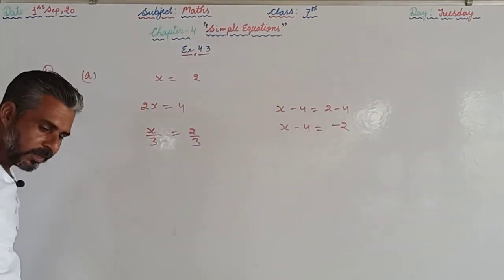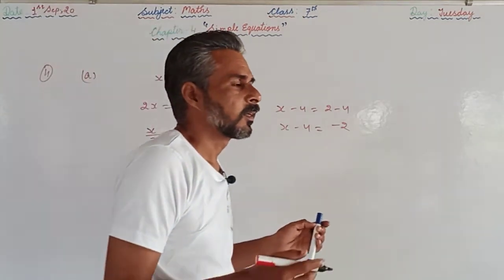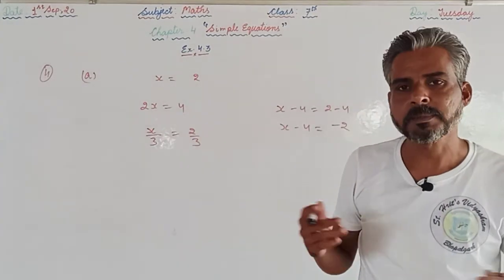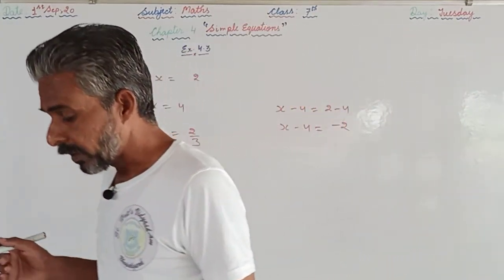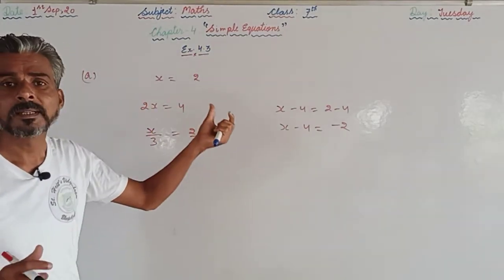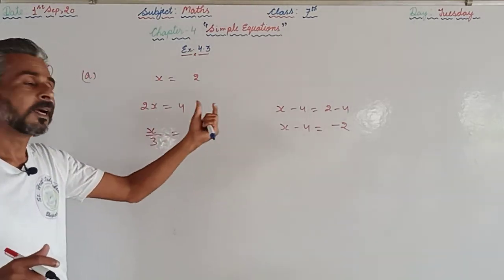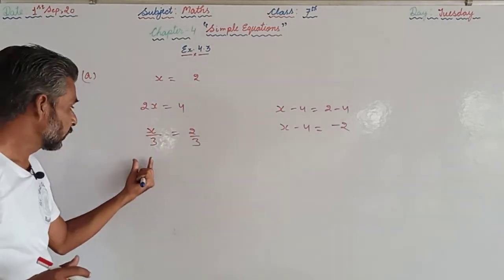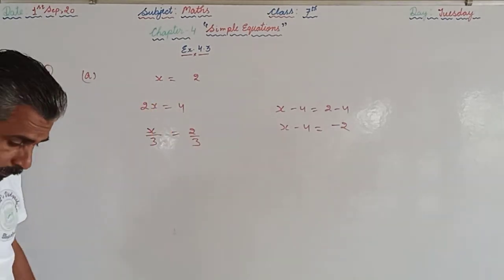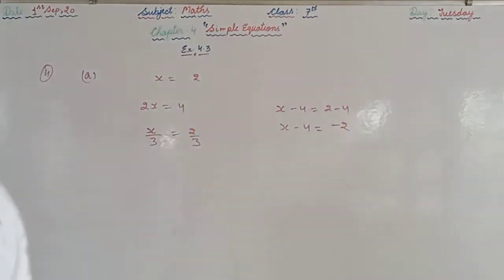So how can we form more equations using a given equation? We are supposed to perform operations of different kinds, that is addition, subtraction, multiplication or division, but we are supposed to keep in mind that we must apply the same operation on both sides. If we are multiplying the left hand side by 2, then we are supposed to multiply the right hand side by 2 as well. If we are dividing the left hand side by 3, we are supposed to divide the right hand side by 3 as well. So the same operation should be there and the number should also be the same. So that is done for you, the first part. The second part you are supposed to do by yourself.